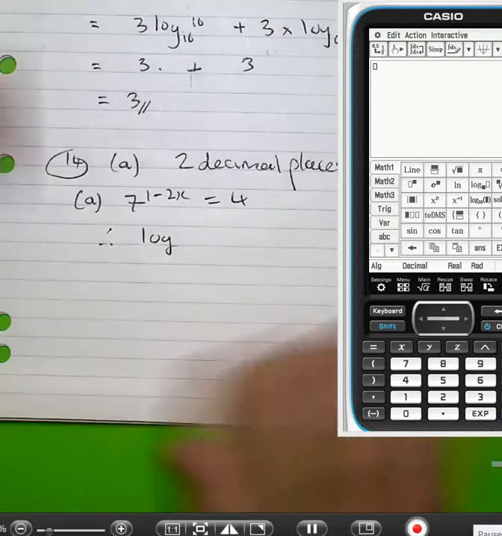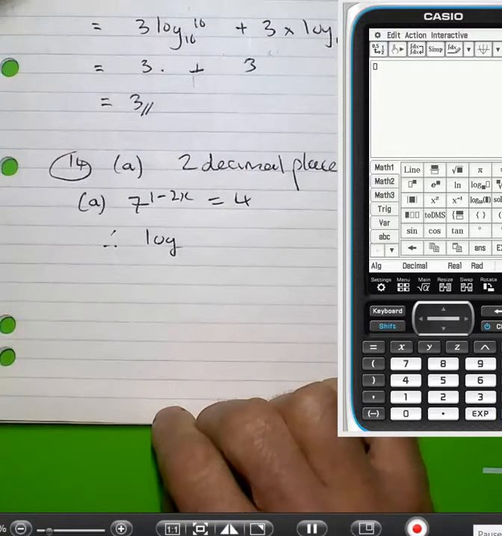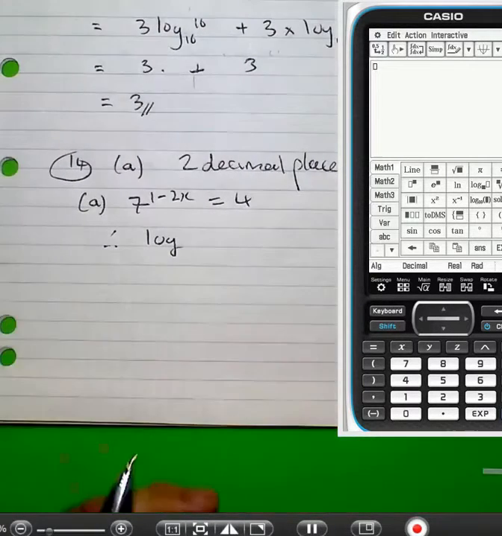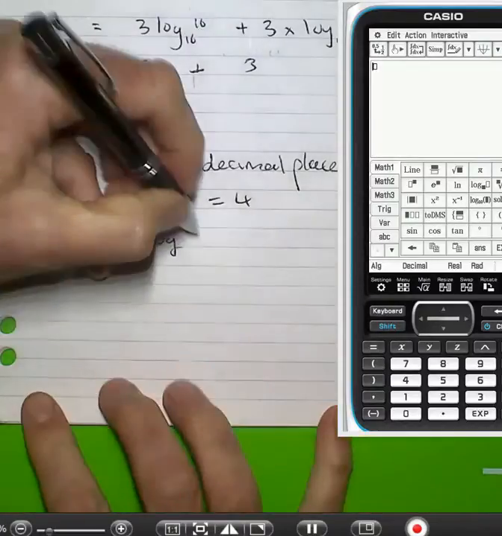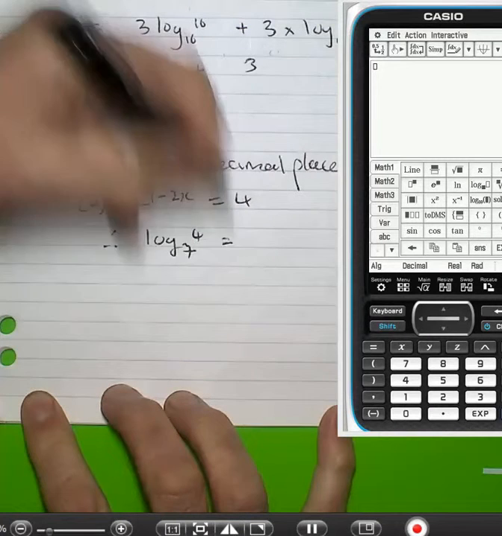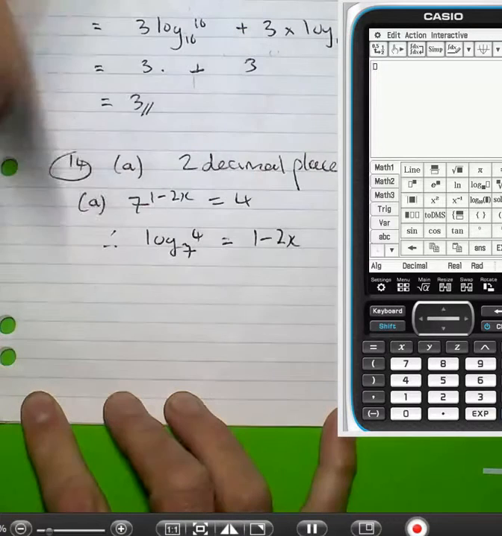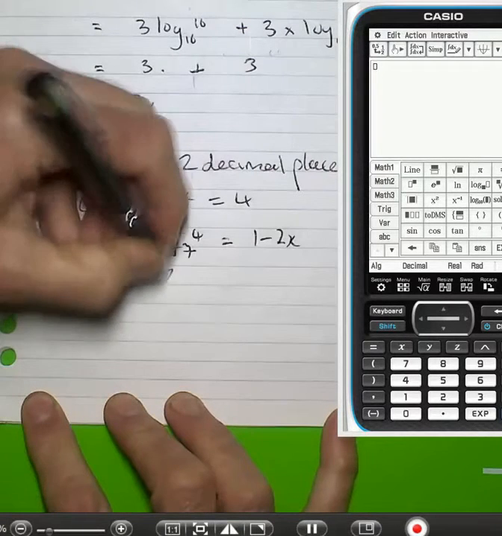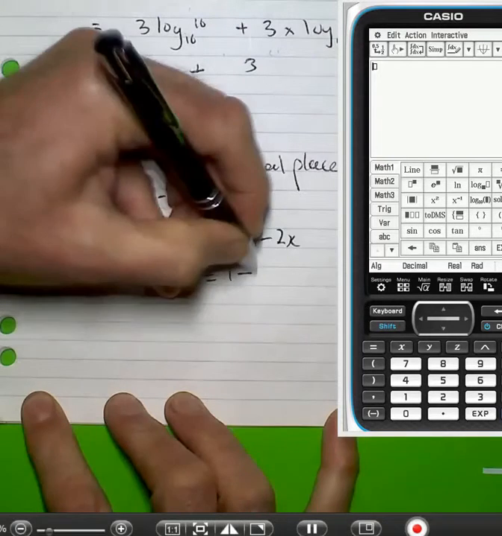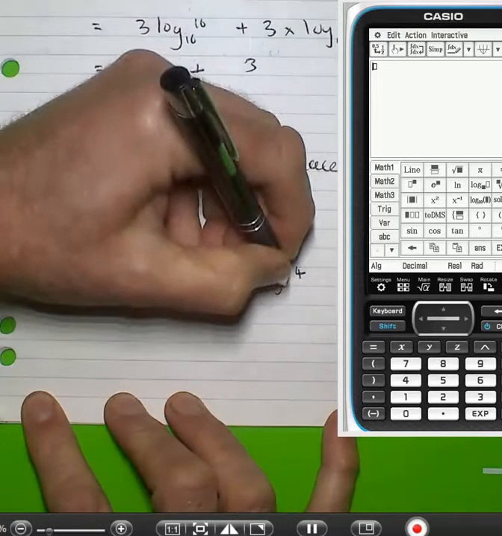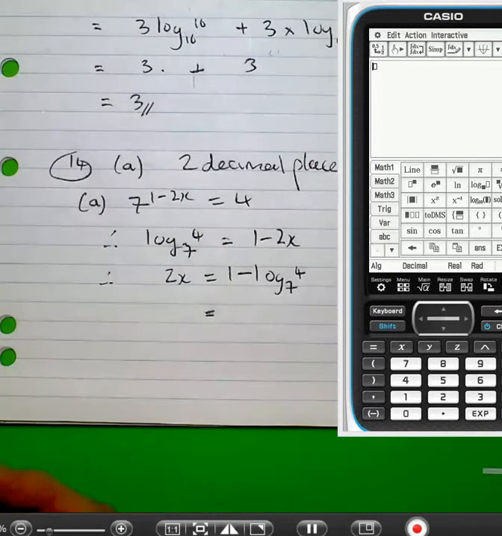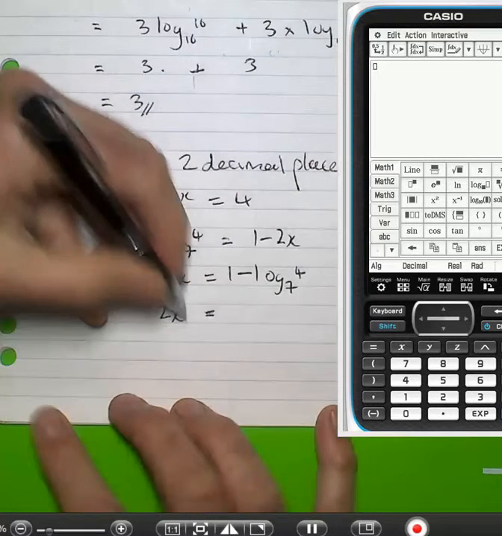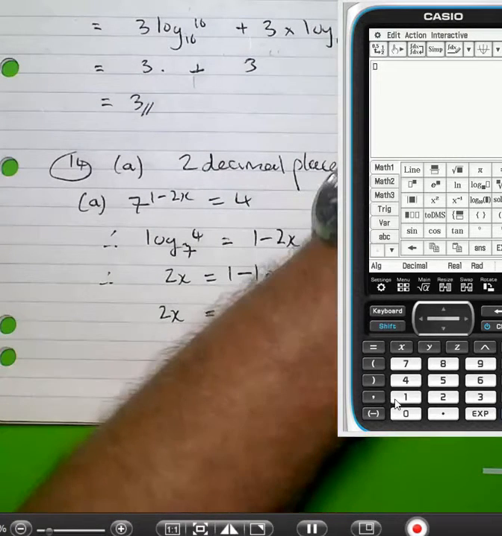Question 14, because I've seen the hint about the 2 decimal places, means I've got to use my graphics calculator. So just rewriting that, log 4 to the base 7 is equal to 1 minus 2x. I'll just do some transposing. So 2x is equal to 1 minus log 4 to the base 7, I should say. So doing that on my calculator,